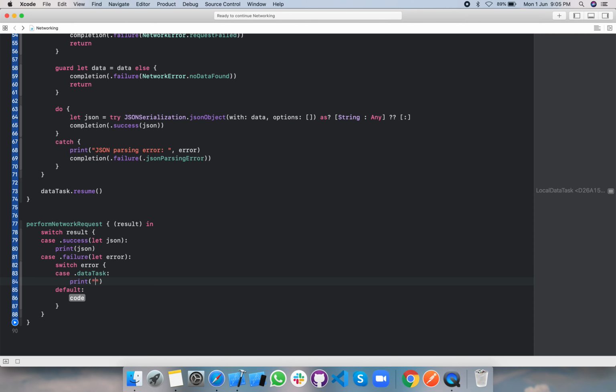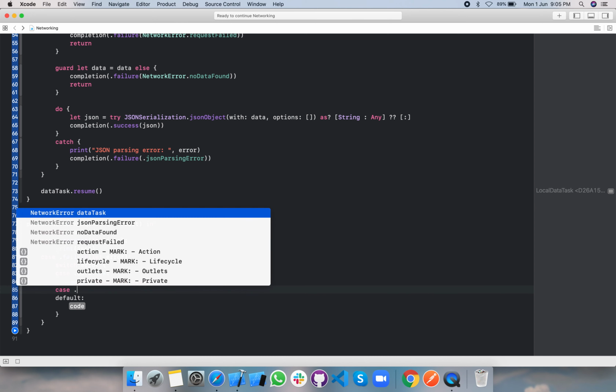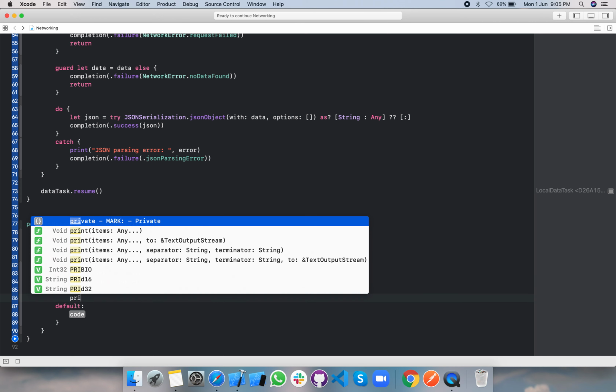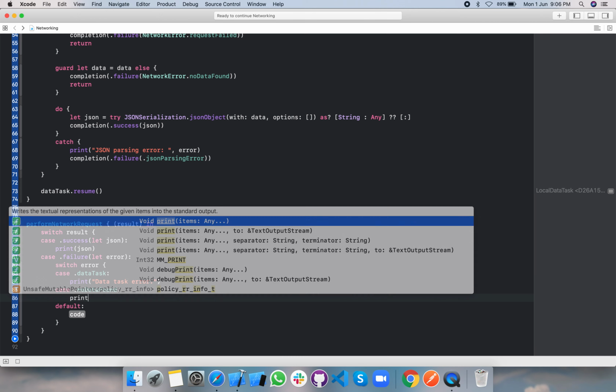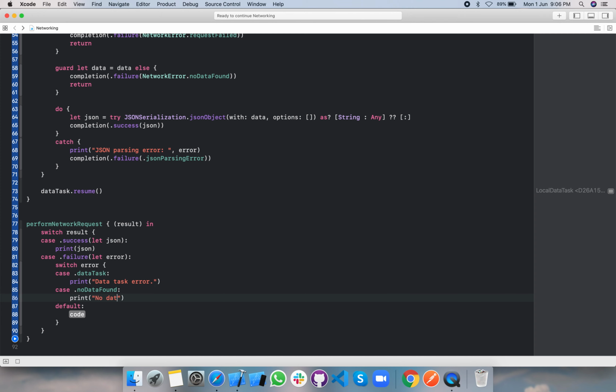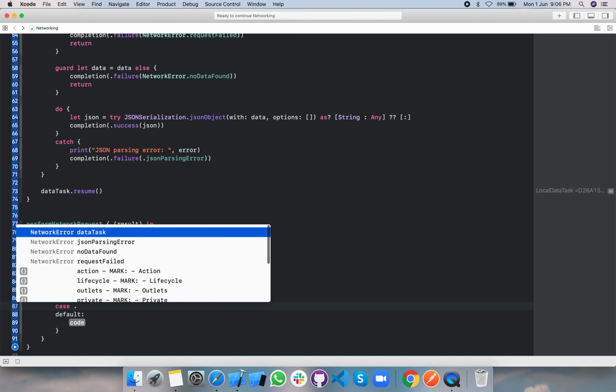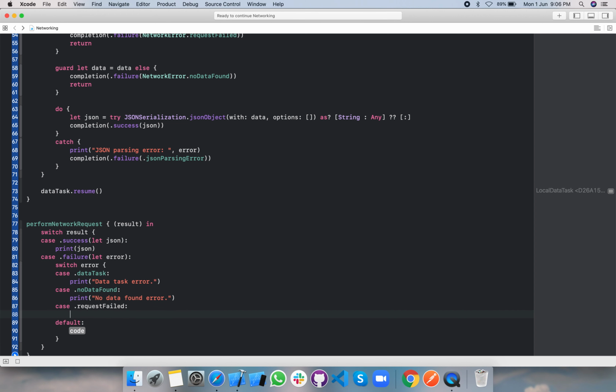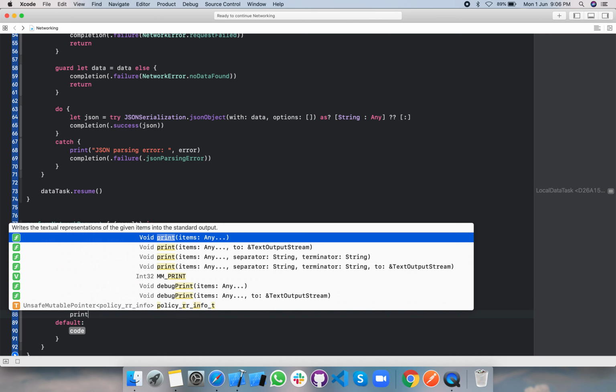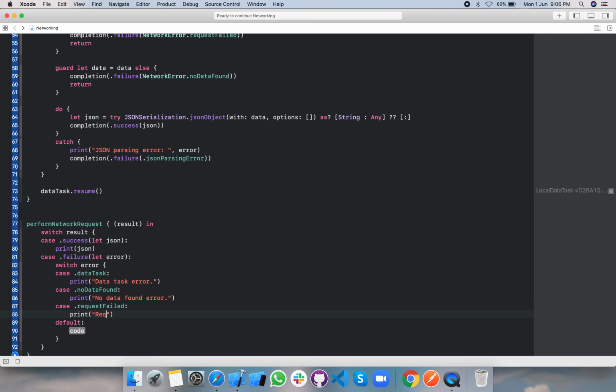We can write a print statement here, let's say data task error. We can write case .noDataFoundError, and print no data found error. In case of requestFailedError, we can write request failed, try again later.